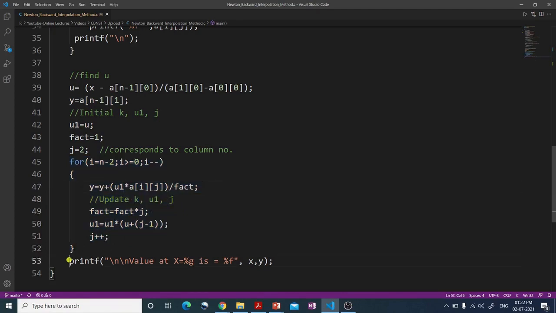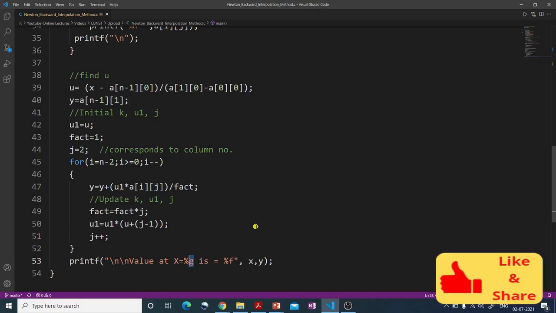This is applying the formula, or computing the terms of the formula, again and again. Finally, I am printing the value of y for the corresponding value of x. I have written this so that the trailing zeros of the floating point number can be ignored. For example, if I am getting 73.0, I should just print 73. You can just write f also here.